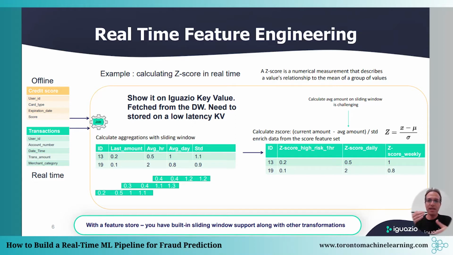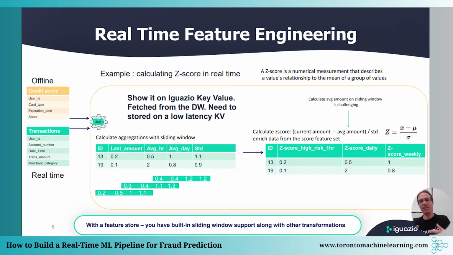All right. So it makes it much more difficult to do it in real time by listening to live events and calculating those types of calculations like z-score. Now, on top of that, you may want to create a feature vector that is enriched with data that is coming from the batch processing, the offline processing, like the user score. So you want to create a wide feature vector with dynamic feature sets like z-score, and in addition add features like scoring of the user and create a wide feature vector that can be used in your serving environment.